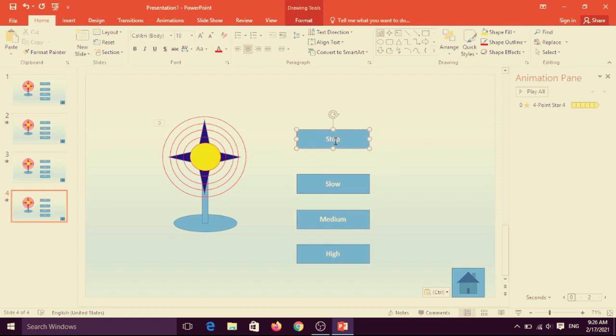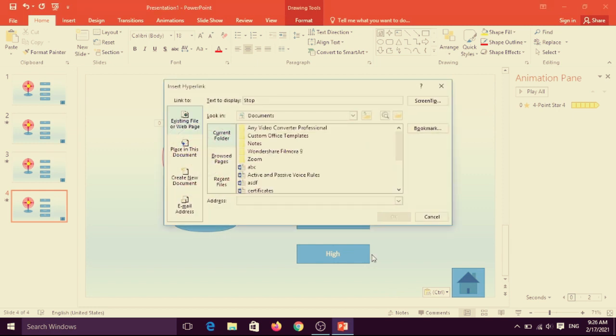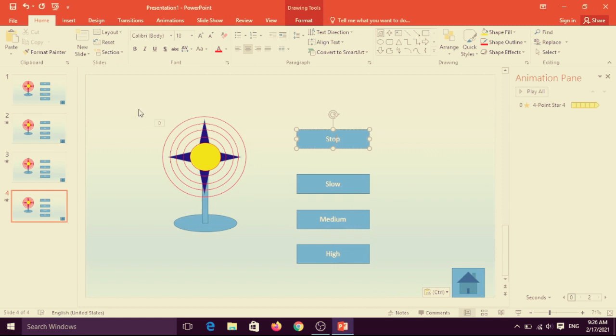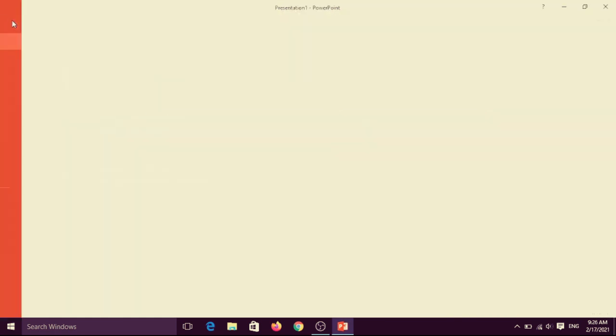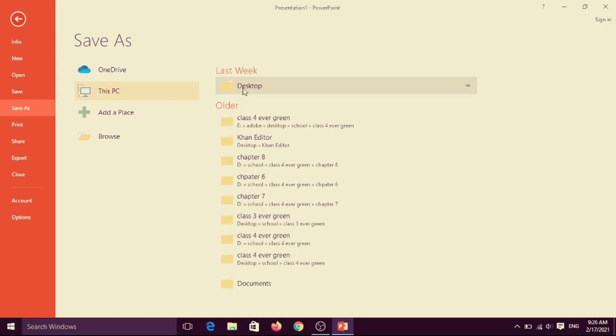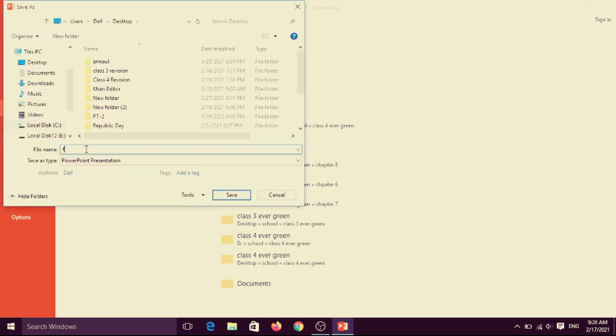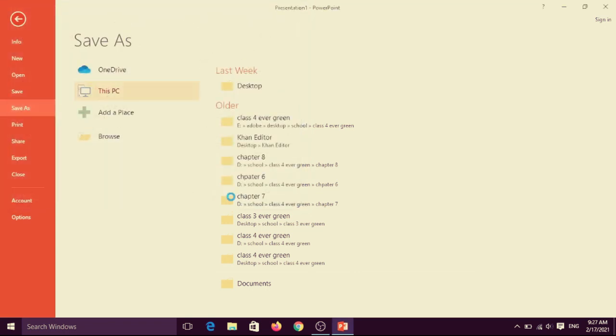Okay, right click, there is a hyperlink, click on hyperlink and choose that. Before that you have to save your presentation. Suppose I want to save this presentation, name is on desktop, choose fan speed, click on OK, save button to save it.